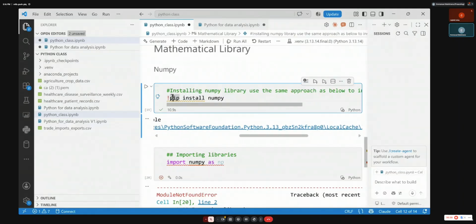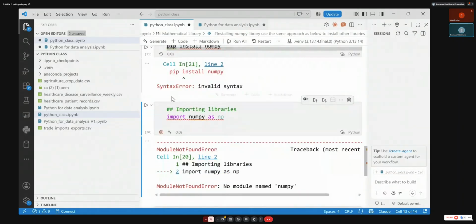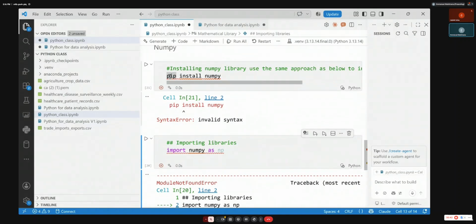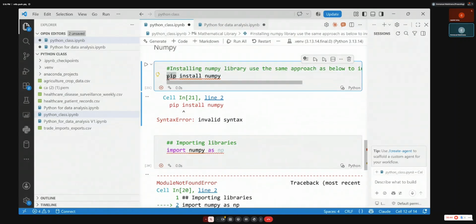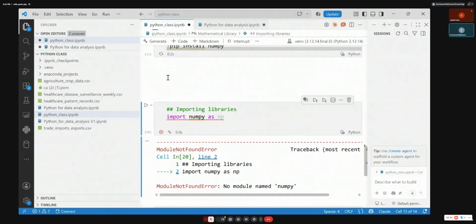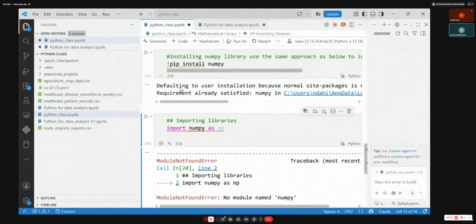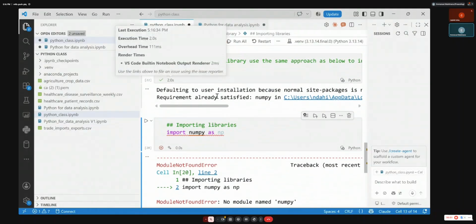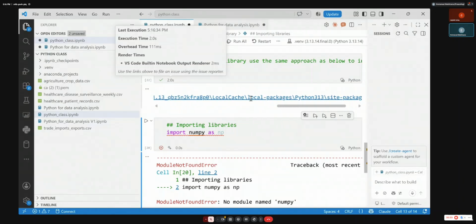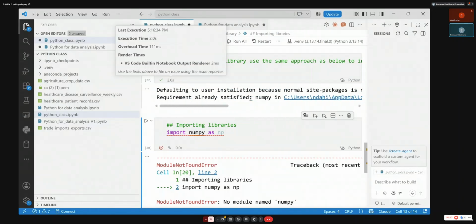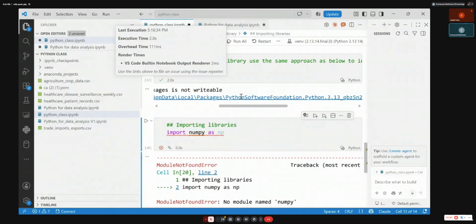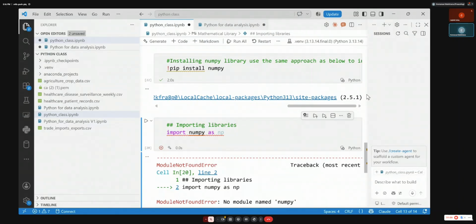Let me remove this exclamation mark and see. Sometimes I don't know what it's doing, but normally the session is not writable because the normal package location is not writable. You can do this and find NumPy here. Import numpy as np.